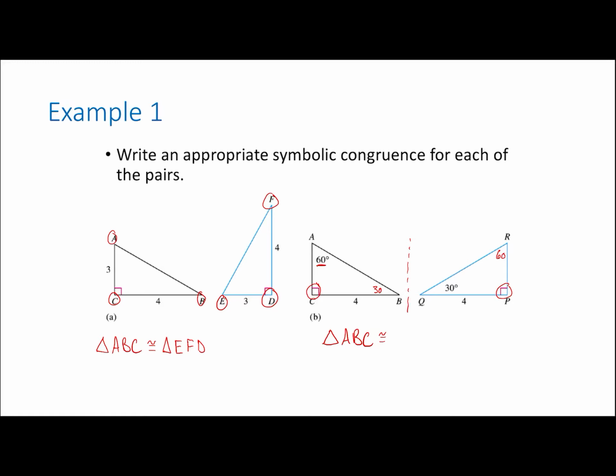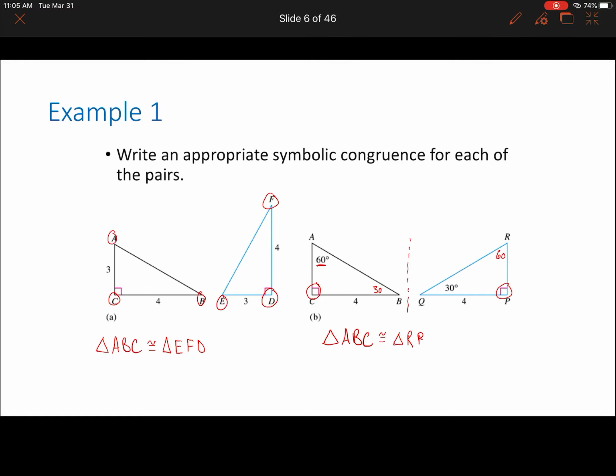Well, once you realize that, in the other triangle, this angle R should be 60 degrees. And so now you can probably see, well, if I just flip that over, think about a line here where we flip the triangle on the right over to the one on the left, then we would see that angle R has to correspond with angle A,